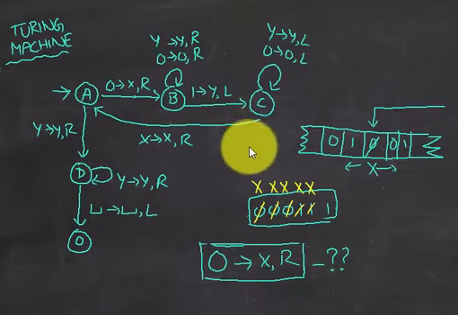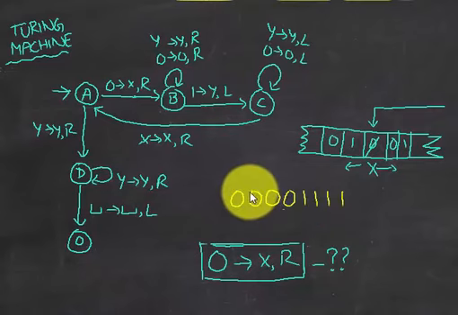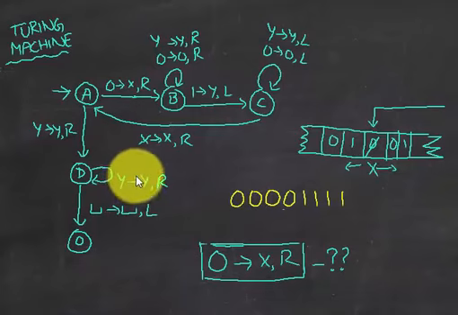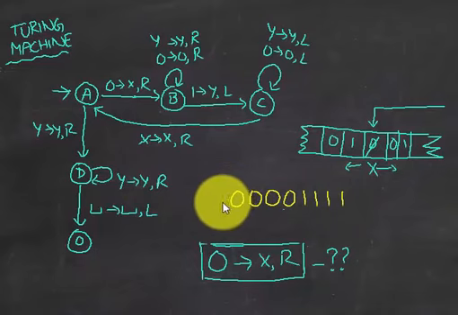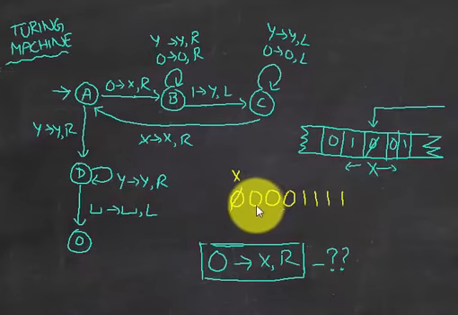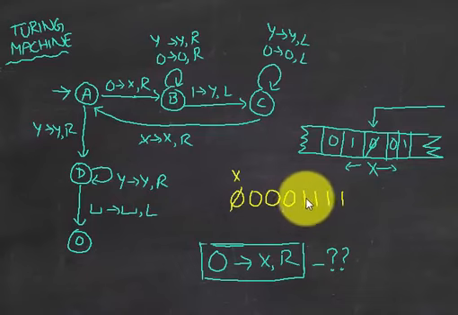So let's get on with one example. In this string you can start from the first symbol, the 0. We'll look at the state diagram later, but first we need to start figuring out how to solve this particular string that's given. So what you would do is, first you will start with 0, you convert that 0 to X, and then you move to the right, and then you see a 0 you ignore, you see any other symbol you ignore, but whenever you see a 1 you convert that to Y, and after that you move left,